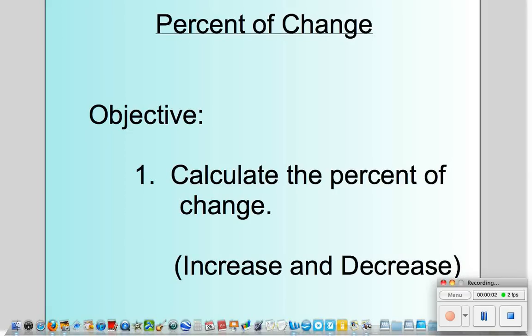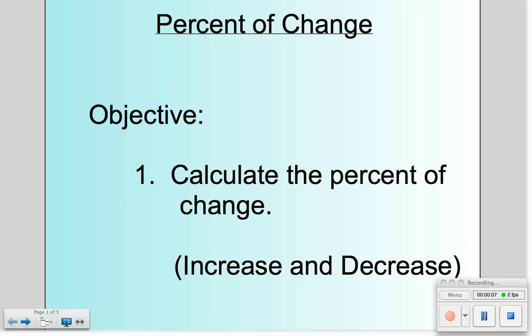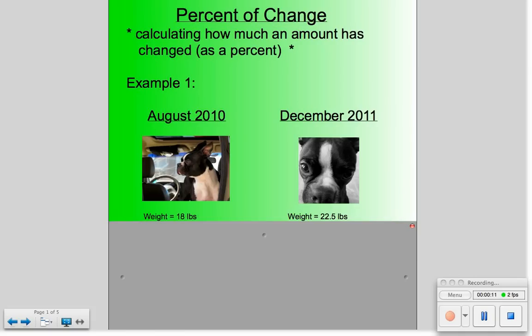All right, today we're going to be finding the percent of change. That's our objective. Now, the percent of change might be an increase or it could be a decrease. So let's see how this works. Of course, we're going to be finding out how much an amount has changed, and we're going to give our